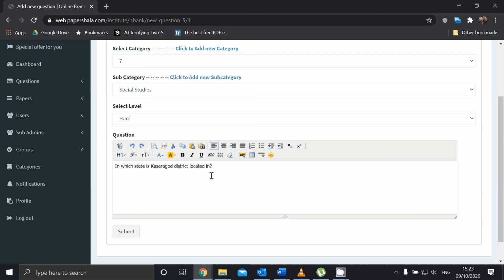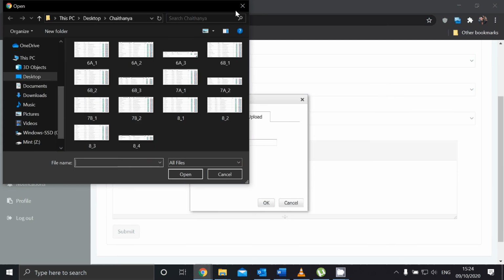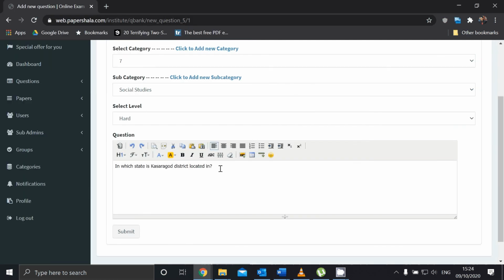This is again, in the case of most of your social studies and English, it will not matter. Maybe for math teachers, if you have to write something like a lot of equations, you can again do this. Just write it very clearly and legibly, preferably on a blank white sheet of paper, unruled. Take a photo of it on your phone, and then if you click on this and go to the upload option, you can just select it using browse, and instead of the questions, the image will be shown there, which the students will see.